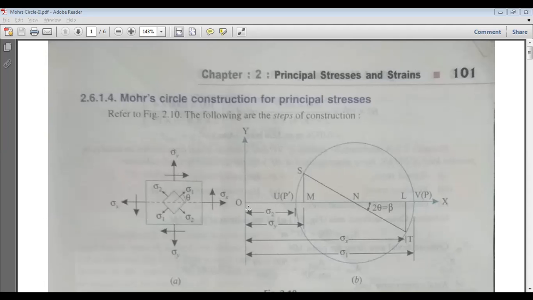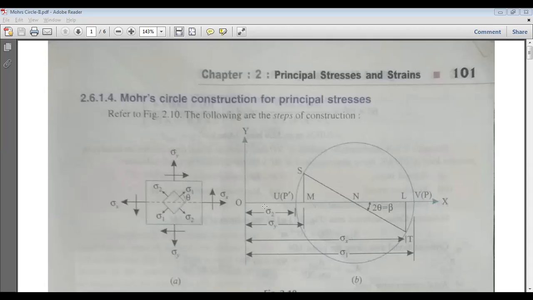First of all, we'll take sigma x. Sigma x is given. Actually, sigma x is a stress, so it is drawn in an equivalent length unit. It will be given in meganewton per meter square or a quantity like that, so we have to convert this quantity into a convenient scale. If we take 1 meganewton per meter square equal to 1 centimeter, we will be able to draw a line to represent the tensile stresses sigma x and sigma y on the Mohr circle.